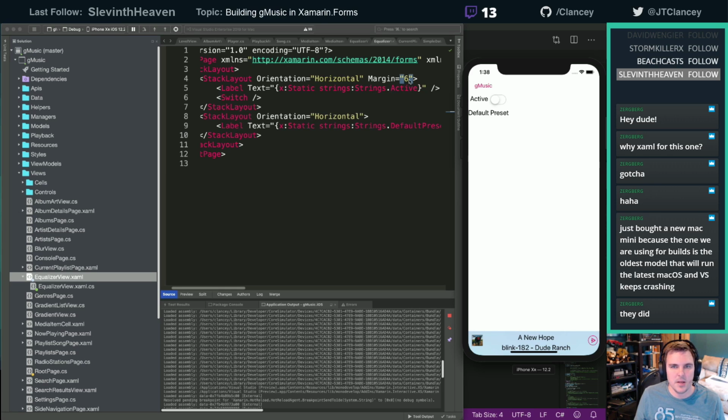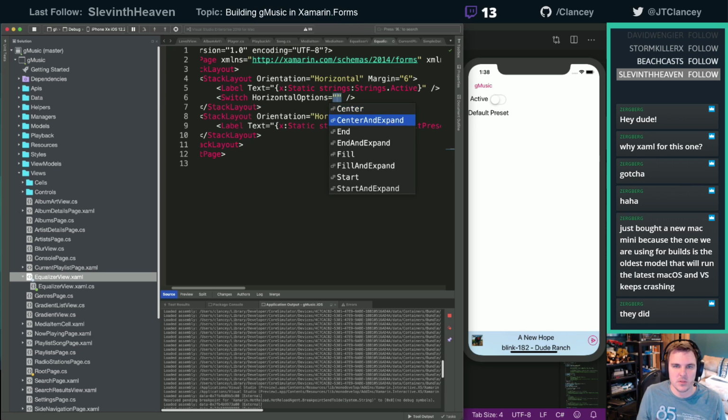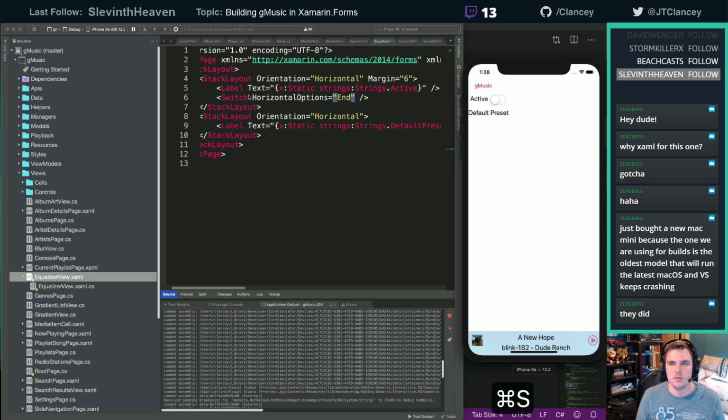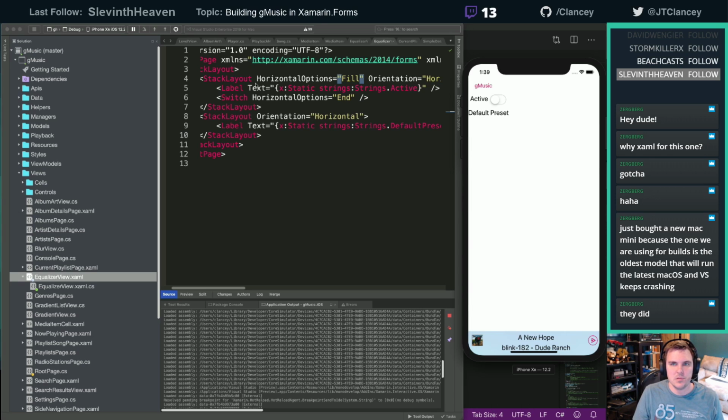That's looking better. All right, now this we can say horizontal options equals end. Right? That should work. Well, what is going on there? Let's give this thing a background color of, oh, this blue works. Okay, so that is already filling.